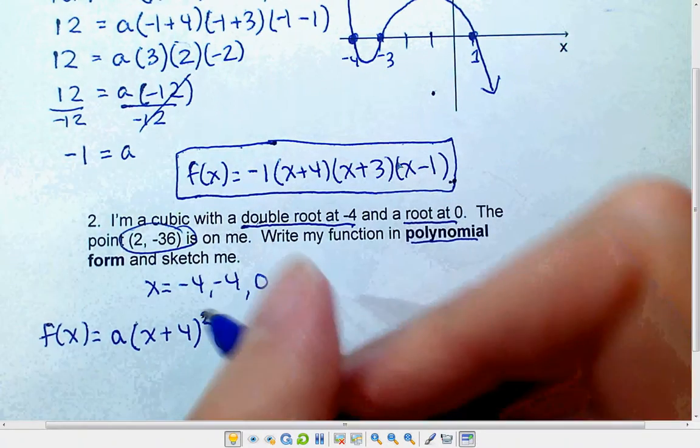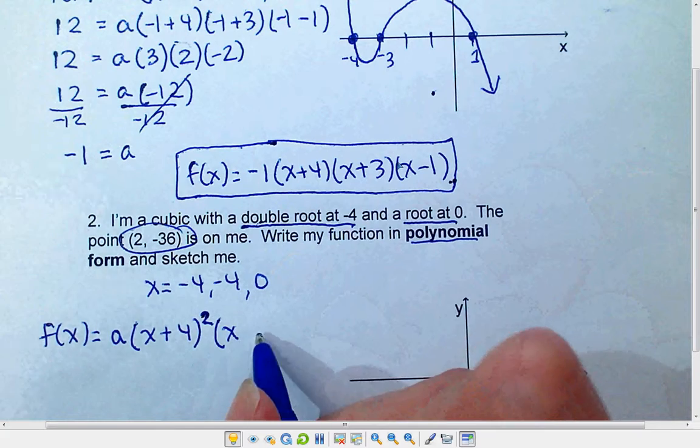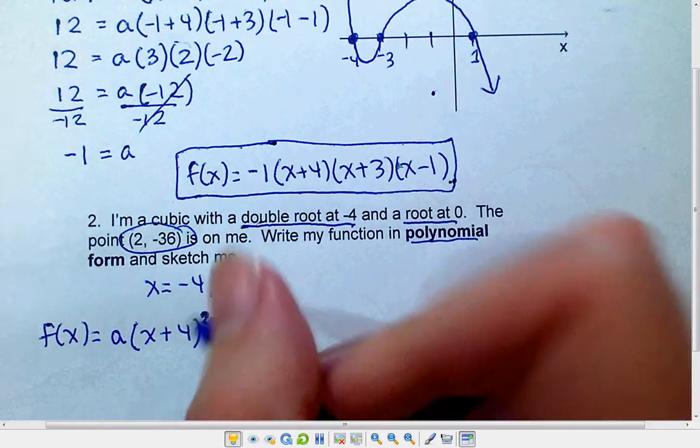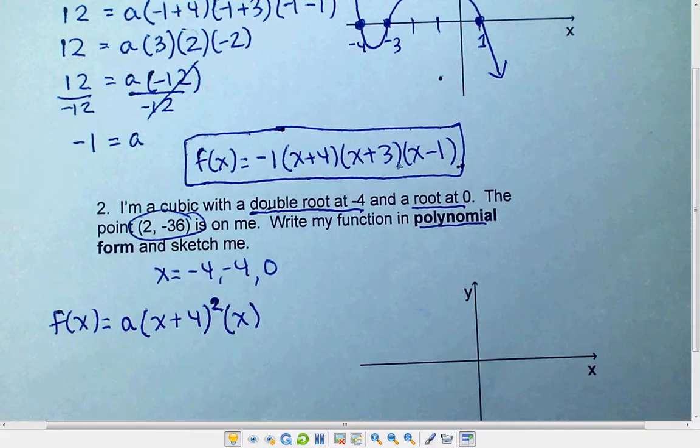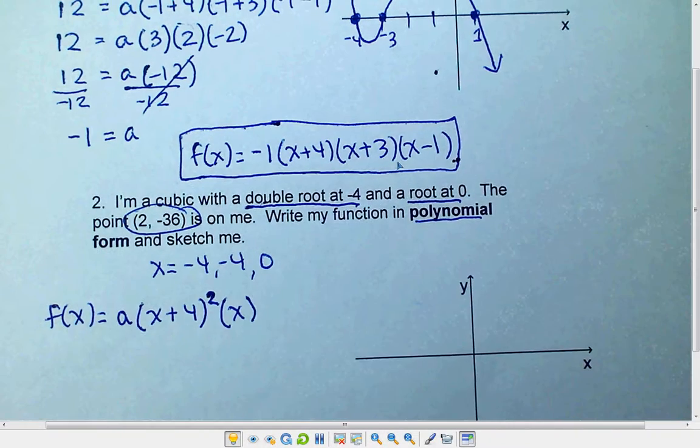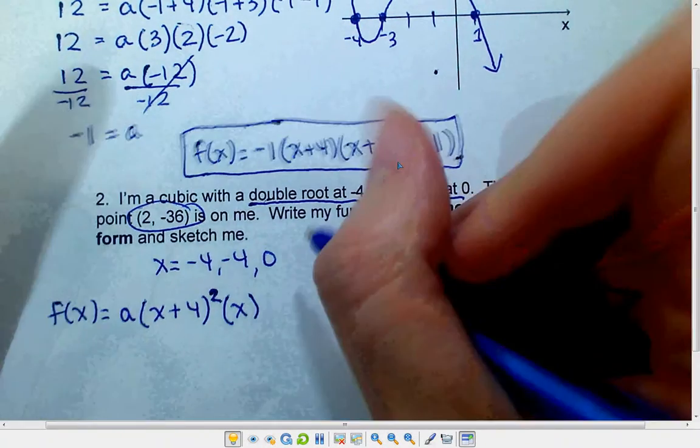For the 0, really what we have here is x minus 0, but minus 0 doesn't mean anything, so you don't need to write that there. You can just put x. So x is going to be giving us a root of 0. Okay, just like before, we have an x and a y from our point